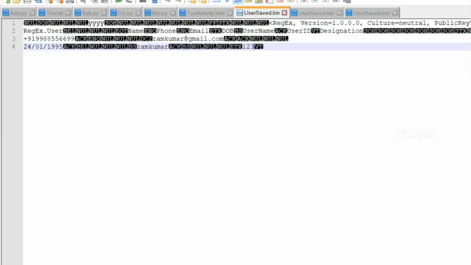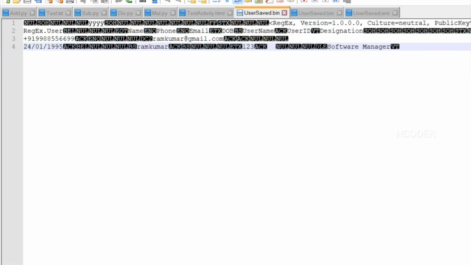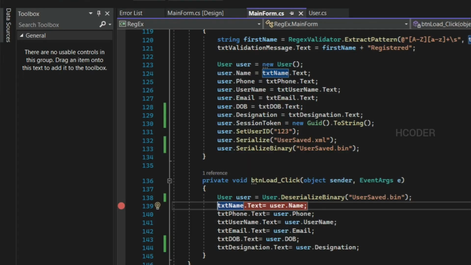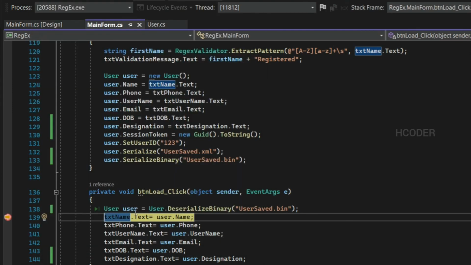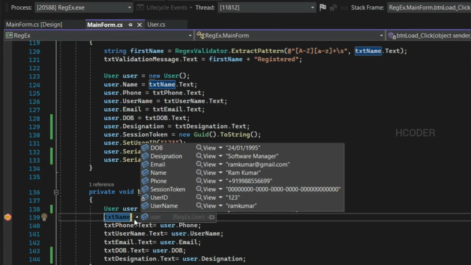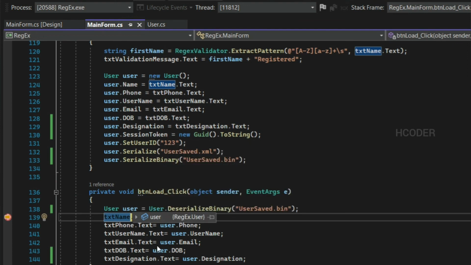Let me undo the change in the binary file and see what happens. So I have added back the software manager designation in the file. So now I will see if it comes back here. So if you see this user object, you could see that software manager shows up here, and yeah,